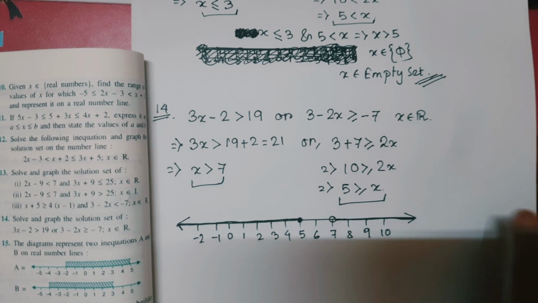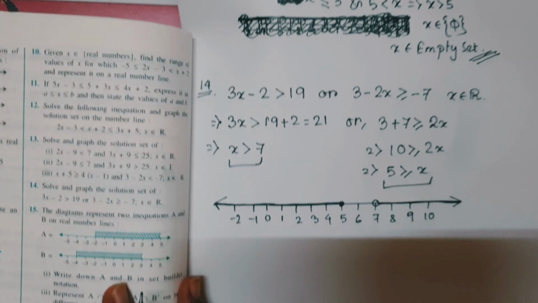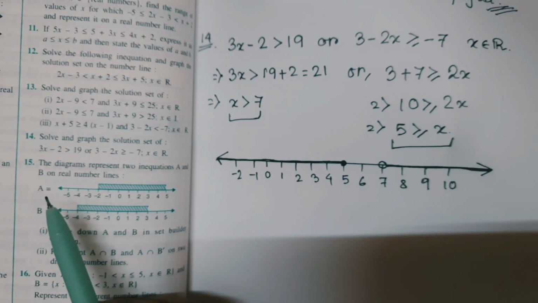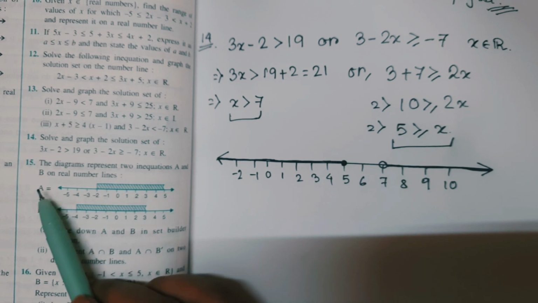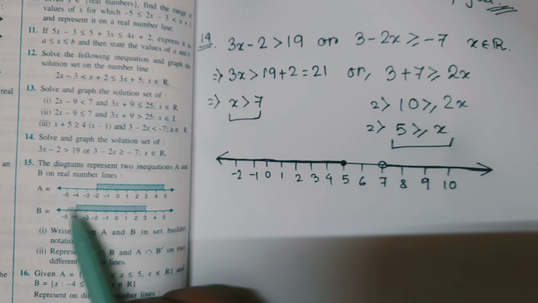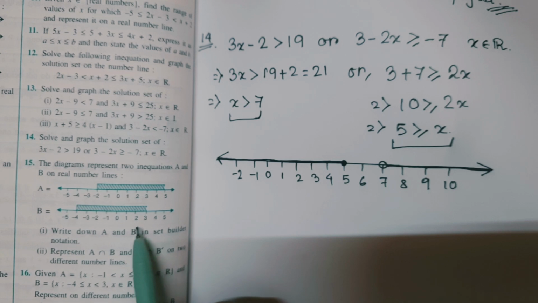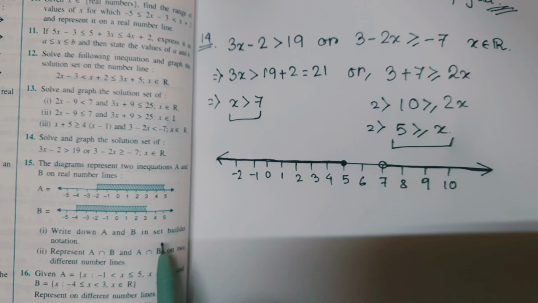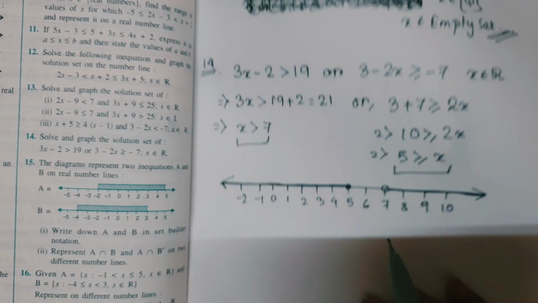Next question, question number 15. See the question. The diagram represents two inequations A and B on the real number line. A is this one and B is this one. Now write down A and B in set builder notation, and represent, okay, first